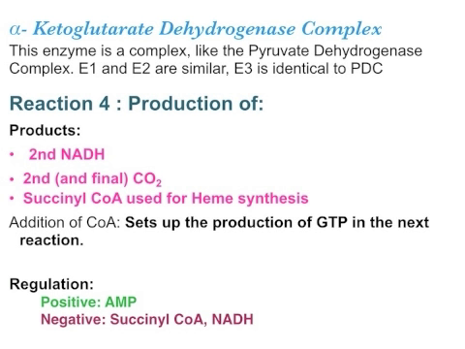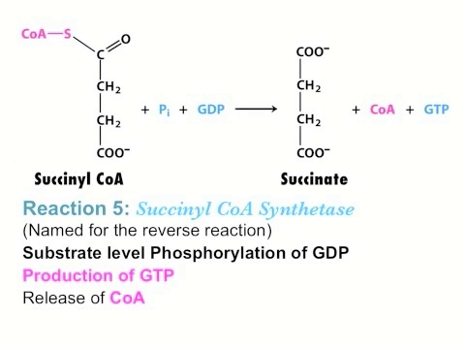The alpha-ketoglutarate dehydrogenase complex is also a major site of regulation. This regulation is through AMP, which positively regulates the enzyme, and through product inhibition by succinyl-CoA and NADH, which both downregulate the enzyme. In reaction number 5, succinyl-CoA, GDP, and inorganic phosphate are going to yield succinate plus coenzyme A